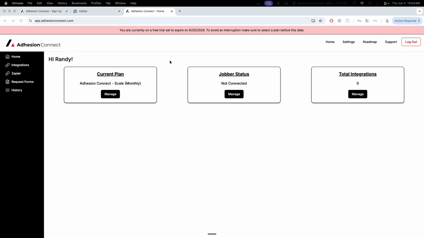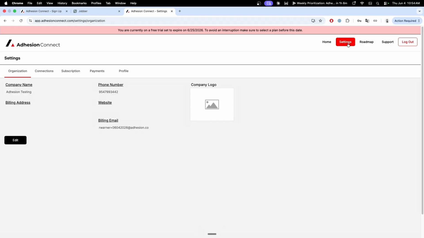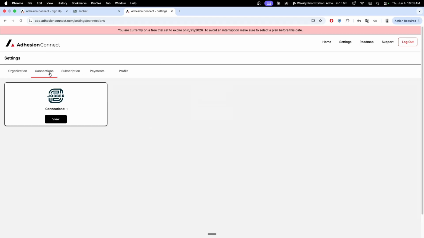The second option is to connect directly from the Adhesion Connect app. You'll see a Connect with Jobber button. You can get there one of two ways. From your dashboard, you can simply click Manage under the Jobber status section here, or you can go to Settings, Connections,